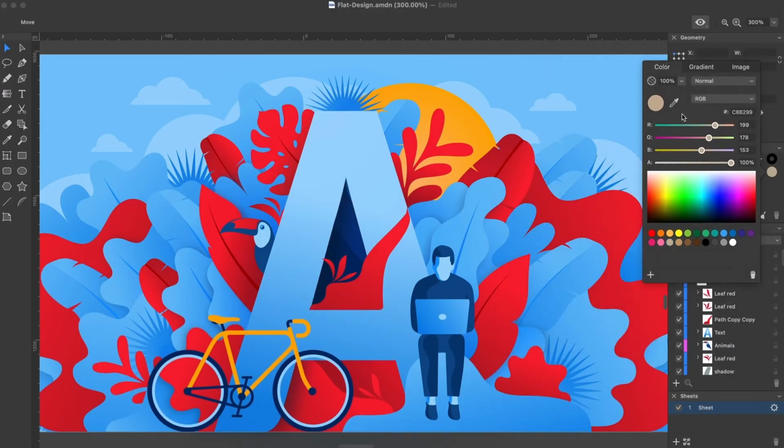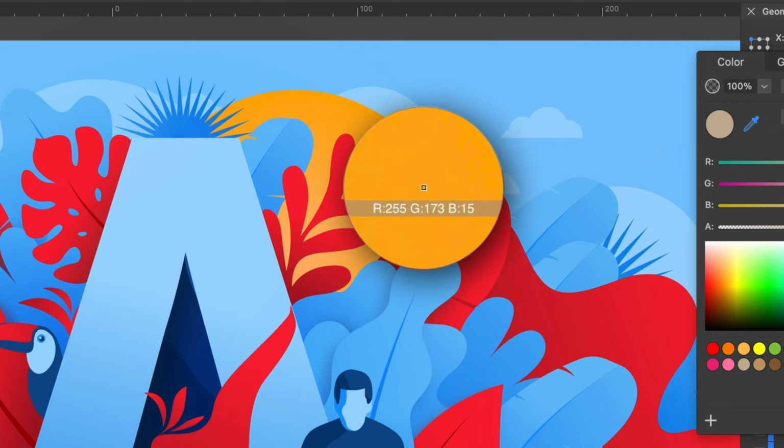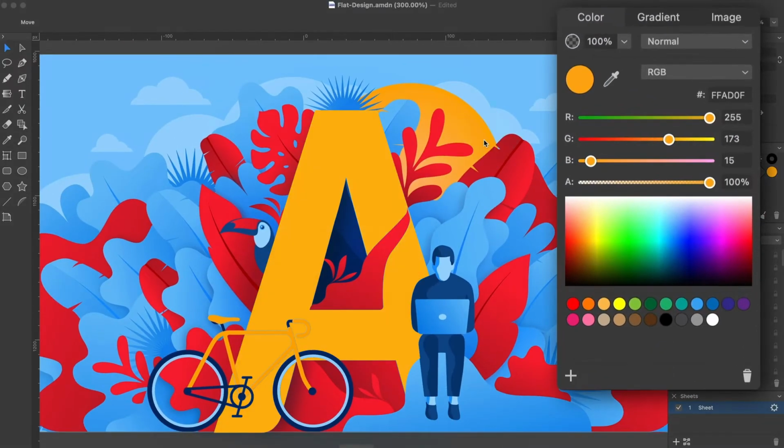To get the color of any pixel on the canvas, we click on the eyedropper. Then we need to point the center of the magnification glass at the pixel whose color we want to pick. The gray bar across the magnification glass displays the values of the red, green, and blue components of the current color. Then we click to capture the color. Now the red, green, and blue sliders are in the positions that correspond to the chosen color. This color is displayed in the sample circle.